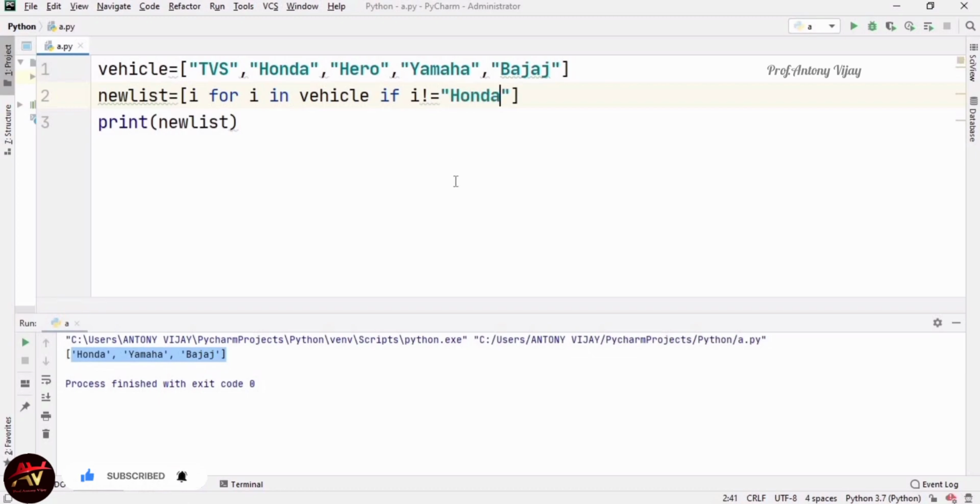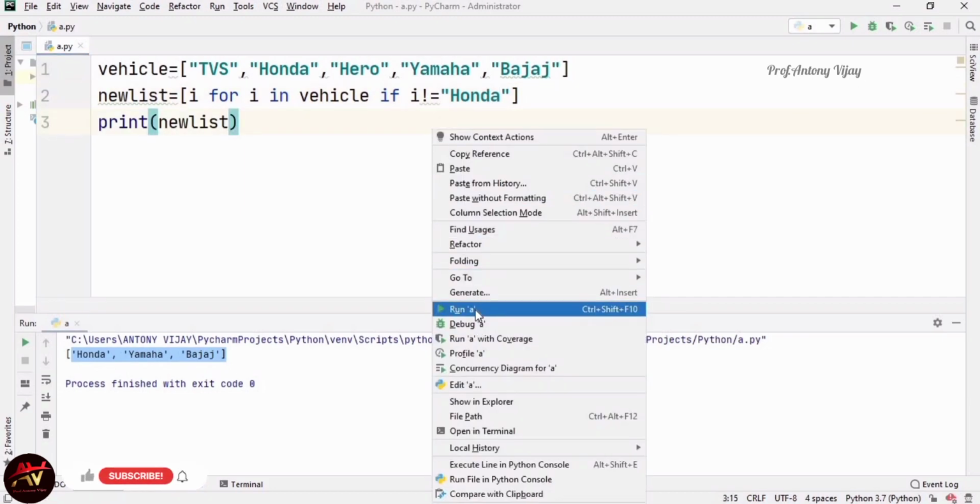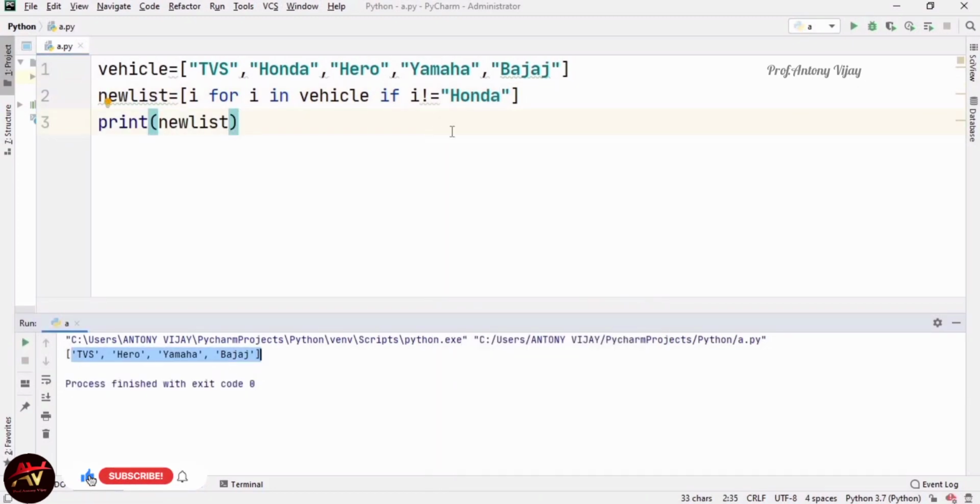It means we are getting the value other than Honda. See, we are getting the answer other than Honda. Whatever condition we like, we can include here, no problem at all. The main objective of comprehension is that it will reduce the lines of code, and at the same time it will reduce the memory space also.